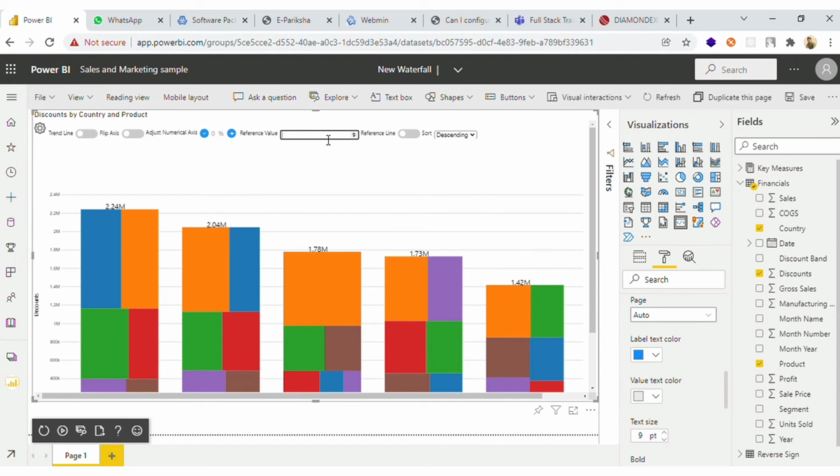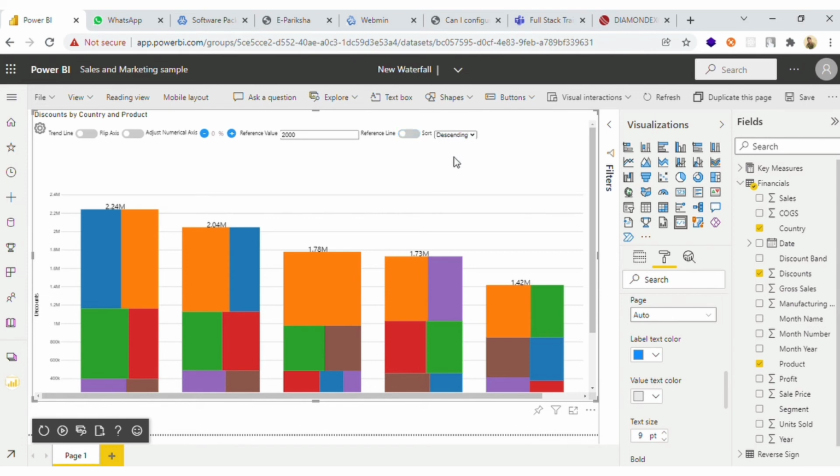Similarly, we have reference values. You can see that on 2 million it's getting drawn. And you can simply switch it off.